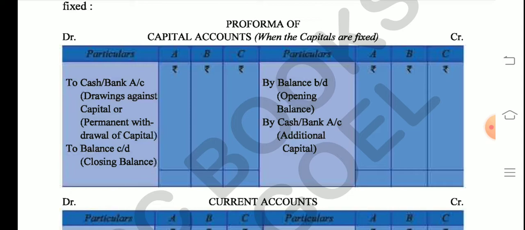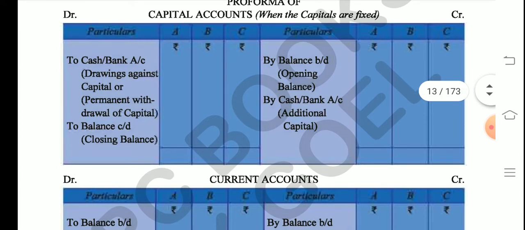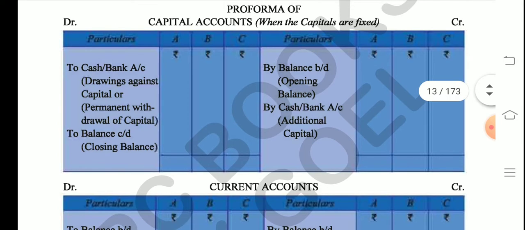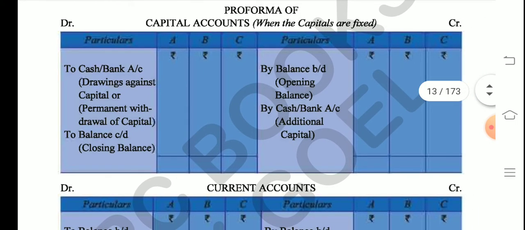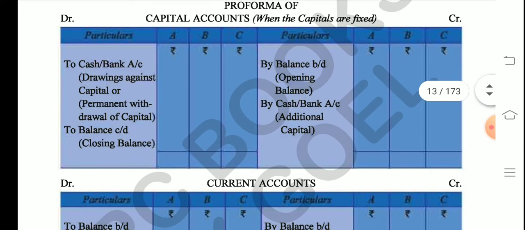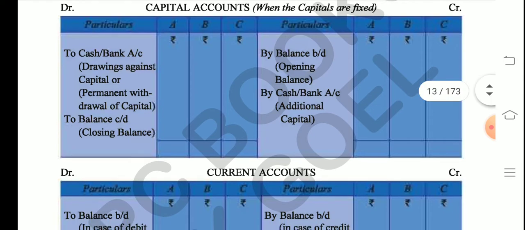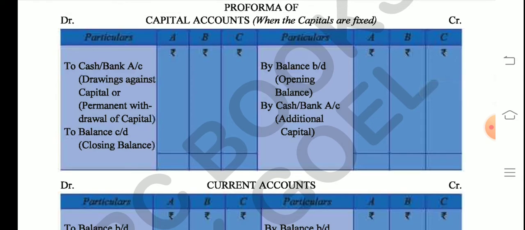You already know BD means brought down and CD means carried down. Why do we write these words? We write these words when we balance an account. So the opening balance BD is written here. What is by balance BD? Whatever capital the partners have contributed. Let's say A's capital was 1 lakh, B 2 lakh, C 3 lakh. So we'll write that capital here, and if anything was added by them, let's say B again deposited 50,000 for his capital, we'll write in that column, by bank or cash, whatever word is given to you